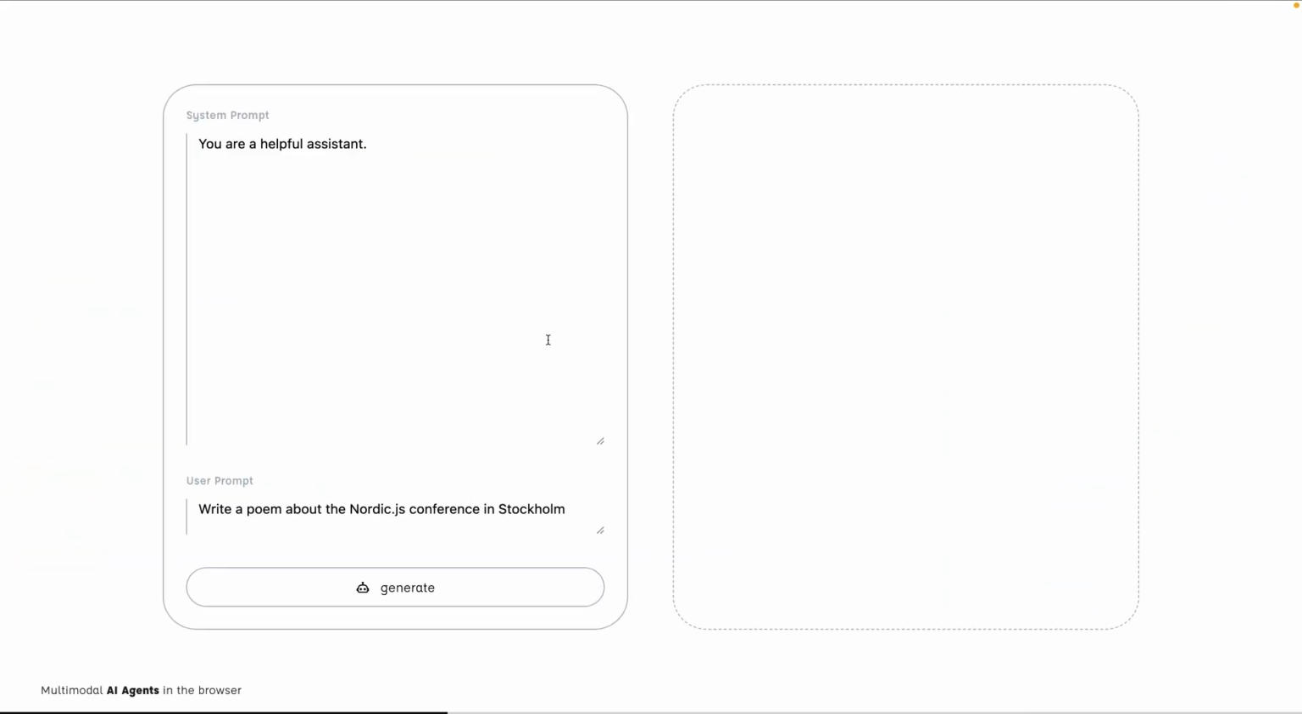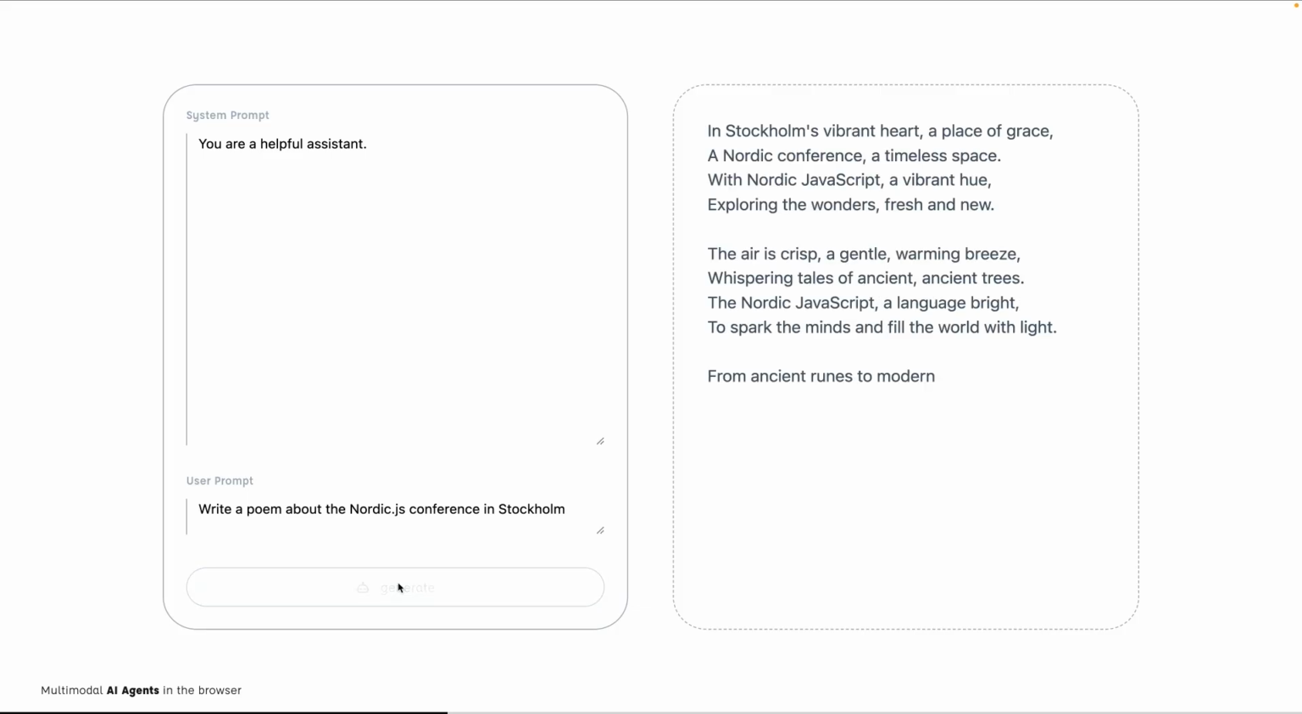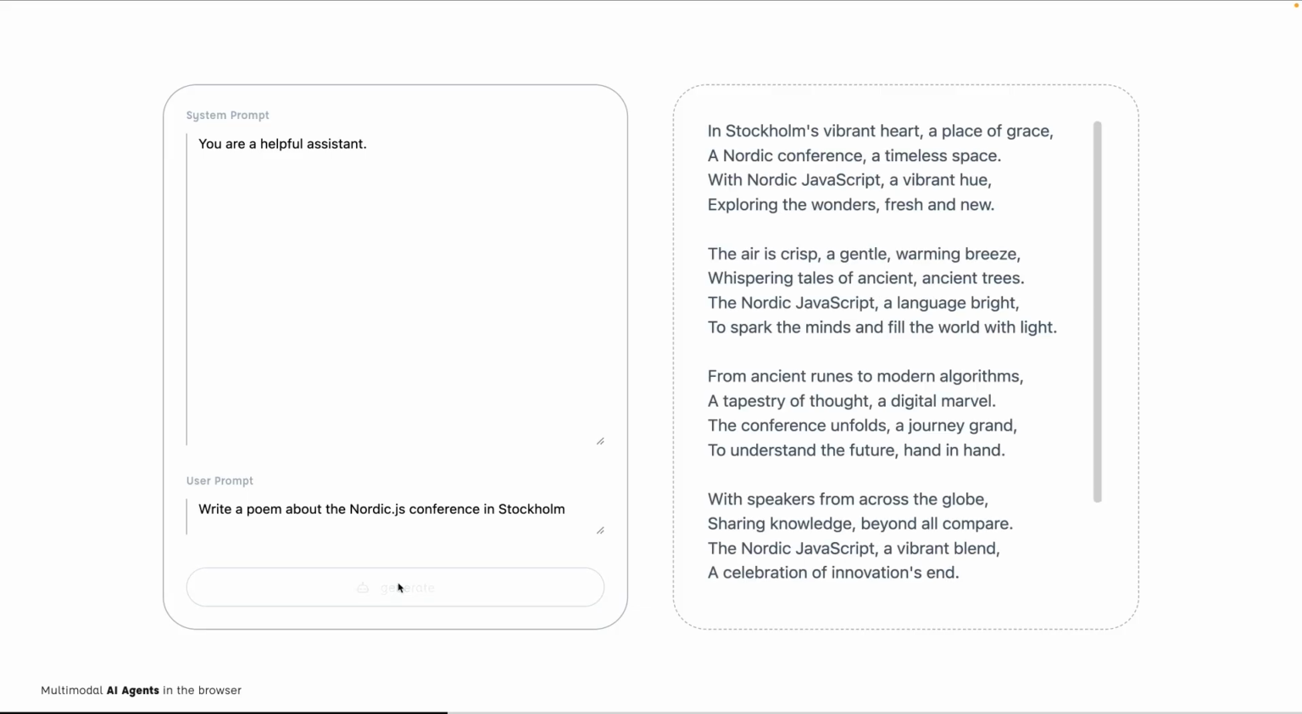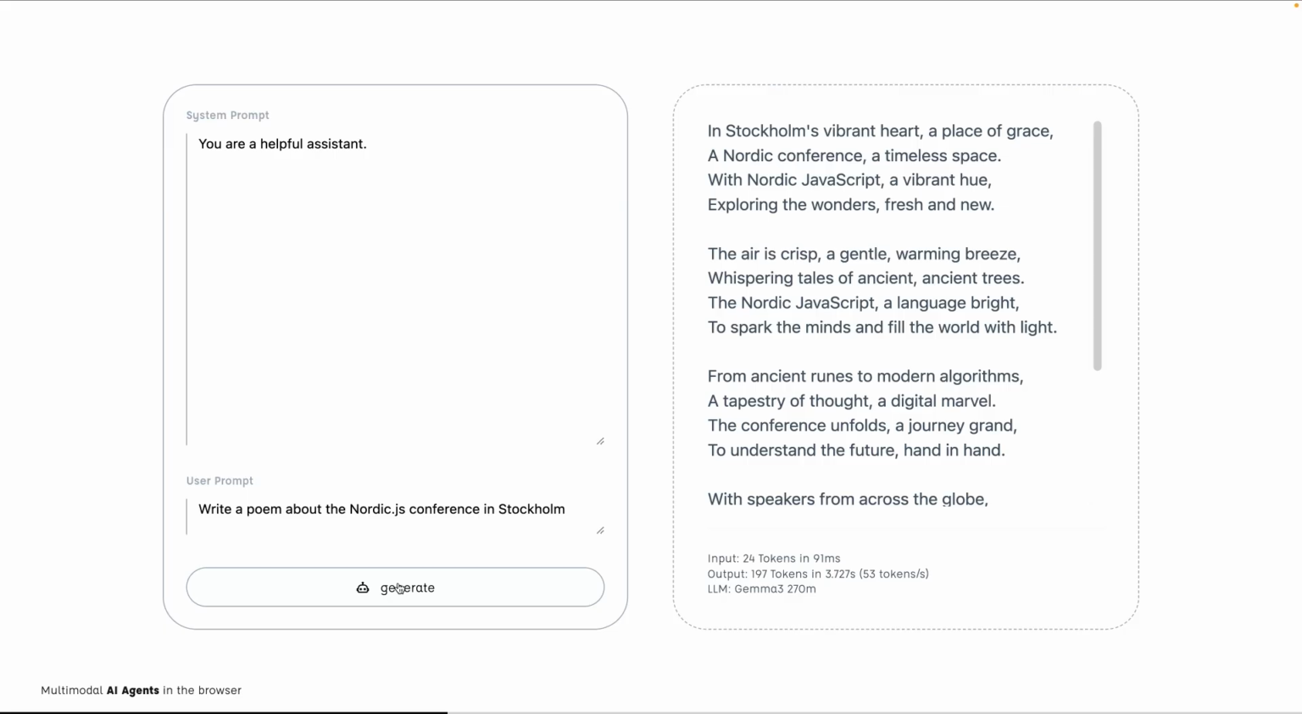Let's see the same example here. You are a helpful assistant. Now I wanted to write a poem. A poem could be quite long. So if I now click generate, you can see that it actually adds tokens as they are generated. Again, we have around 200 tokens in around 3.7 seconds with the Gemma 3 270 million parameter model, all happening